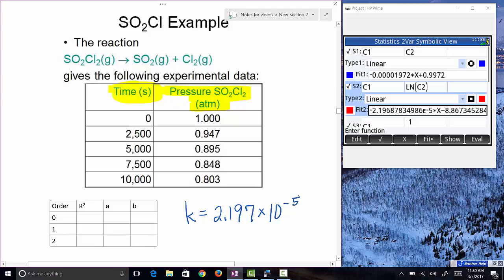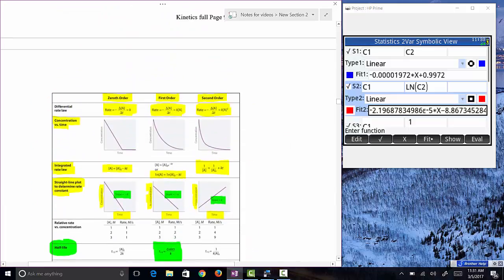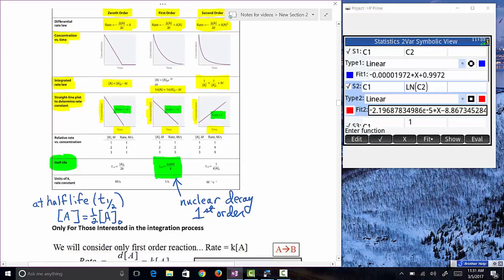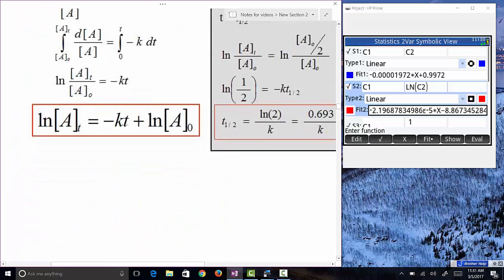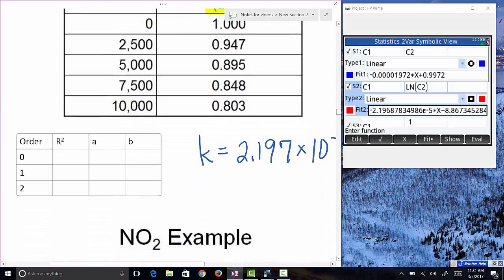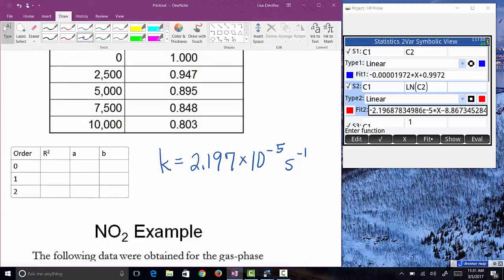All right, and then because this is first order, the units of k are just s to the minus 1. And I think, let me go back. I don't think I mentioned that, but does that table have our units for k on it? Yes, it does. That was the one thing I didn't mention. Another benefit of this table, if you look right down here at the last column, it has for zero order, first order, second order, the units of our rate constant as well. So it's just a reminder that that's there. All right. So that's how we know this is first order,